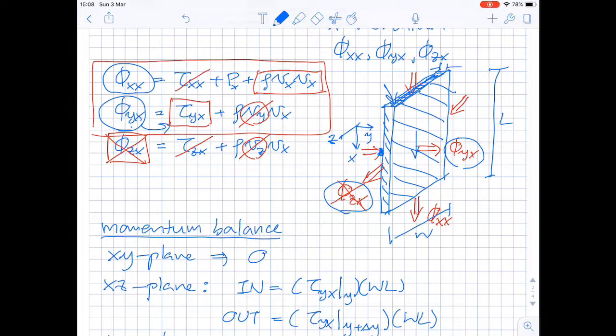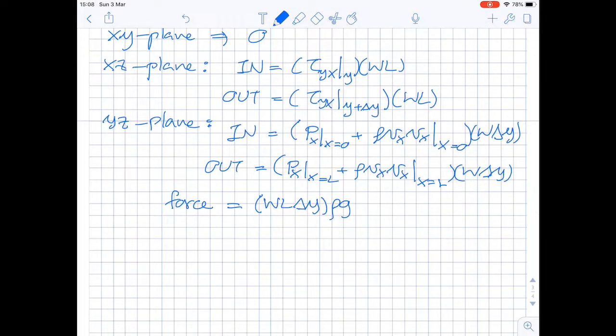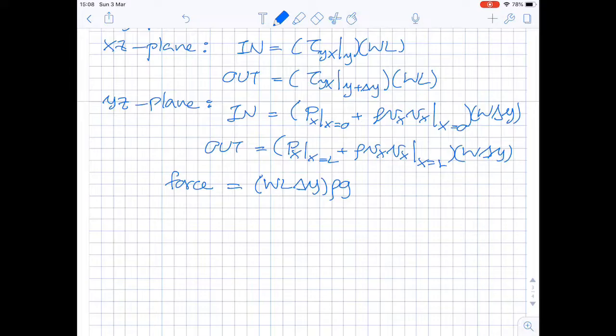So along with the x-axis, in this case, g is a positive sign. Now we have all the items ready to put in the balance. So let's start with these two terms, WL (tau yx at y minus tau yx at y plus delta y), plus these two terms, W delta y